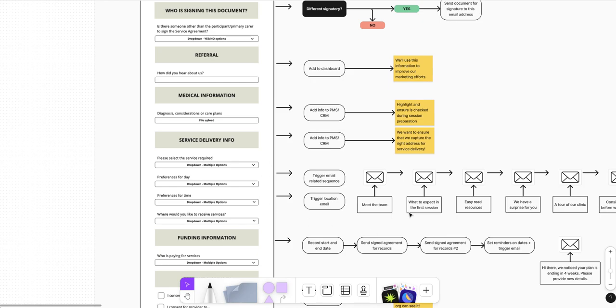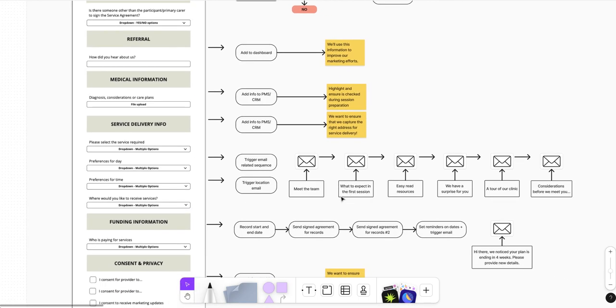This is where we have fun with email sequences, and we start creating an onboarding experience that is much nicer than the one provided by your competitors. This is where we get our client and participant to familiarize with our services, with our people, what to expect. This is really important because this will lead to a better client experience, a higher retention rate, more chances of referrals. This is what wows the client or the participant or the parent.